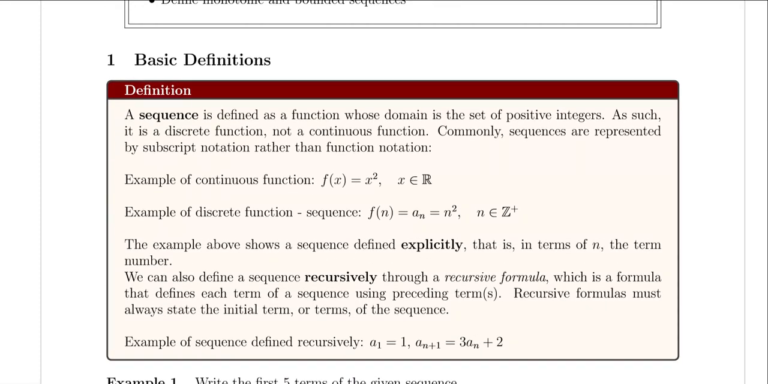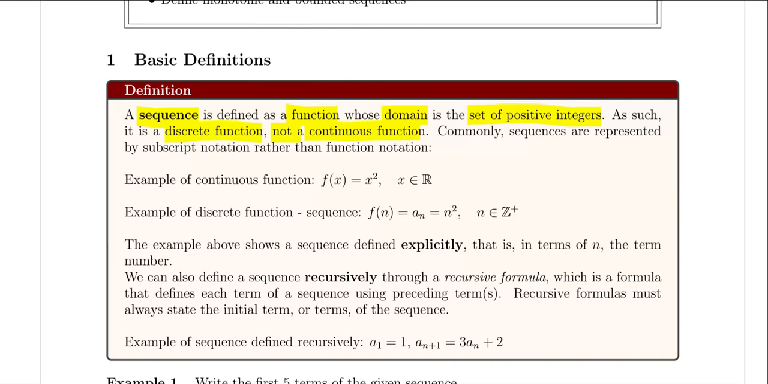Alright, so a sequence is defined as a function whose domain is a set of positive integers. So like 1, 2, 3, 4, but it's an integer, so it's no fractions. Now as such, a sequence is a discrete function and not a continuous function. Now here, very important. Now commonly sequences are represented by subscript notation rather than the function notation, as we'll see